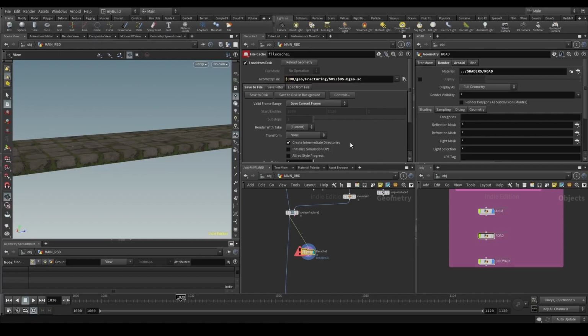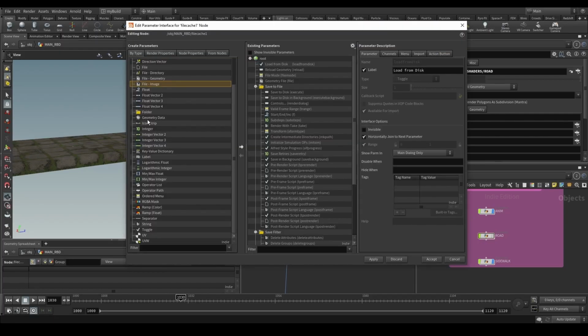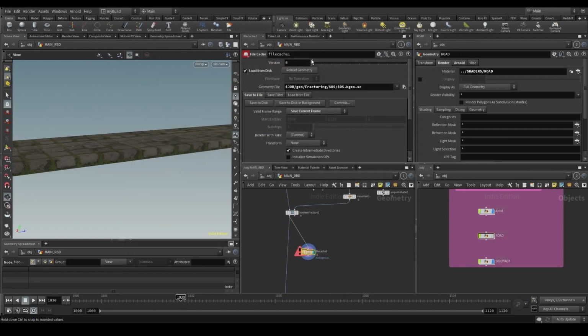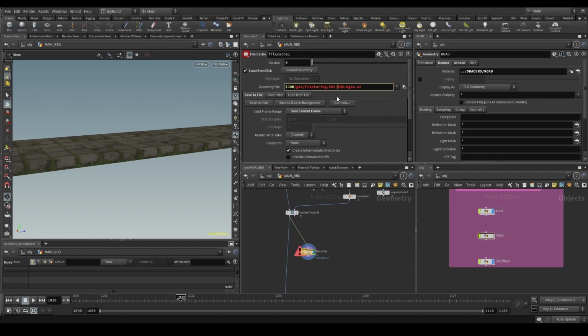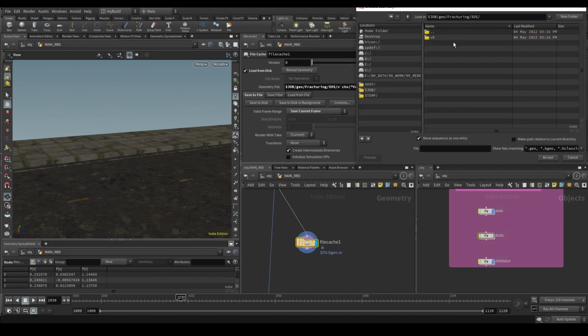format of Houdini. I'm going to click on this wheel here, and I'm going just to create an integer parameter for the versioning. So it's going to be just basically like a slider, which will allow us to switch between multiple versions. And I'm just going to put it right here between those two guys. So if I do save to disk, basically we're going to see we have something called fracturing file cache 1